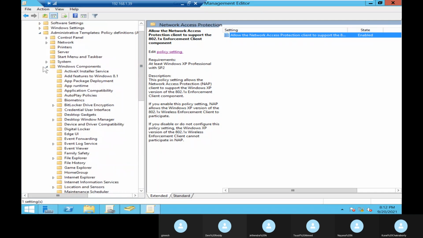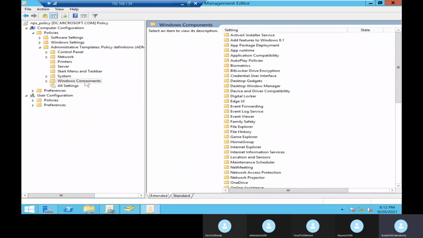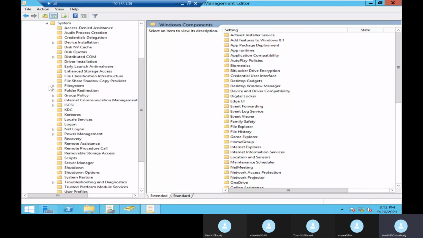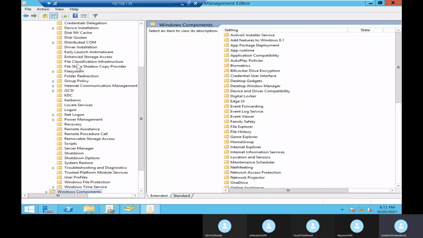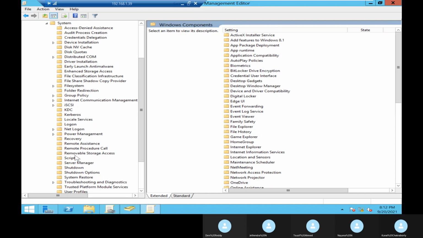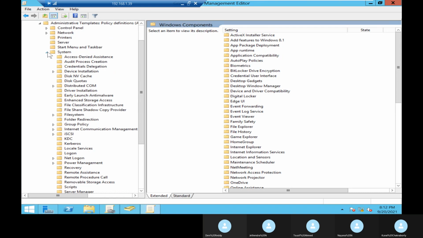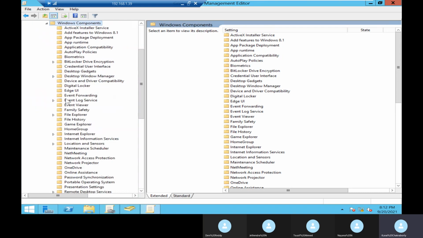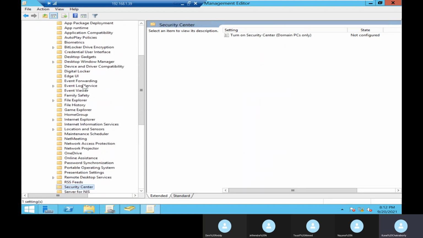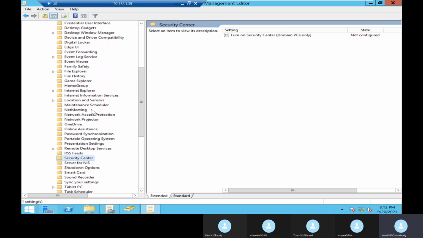Okay. It's under system. Under Windows component, we have already given. Now we need to go to our system part, and under system I have to search for something called system security, where it is. It's not there. To go to Windows component only. Here you go. Under Windows component only, I will get it.